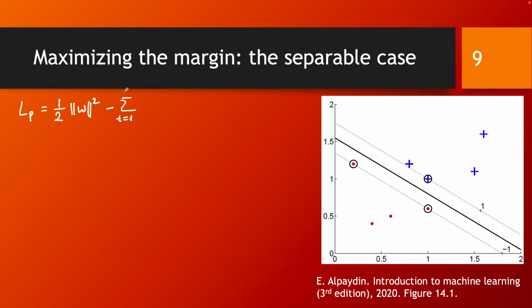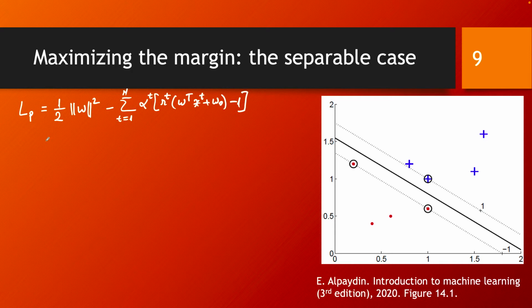and there were as many constraints as you had data points, so it's going to be a sum for all the data points. And here is the Lagrange multiplier for the current data point, and this is going to be multiplied with r^t times W transposed times x^t plus W0 minus 1, which is essentially coming from the constraint we had. The constraint was that this product should be greater than or equal to 1. And when you write the Lagrangian, you just move this 1 to the left-hand side, so it becomes minus 1, and you multiply it with this Lagrange multiplier. So this is going to be our new objective function to